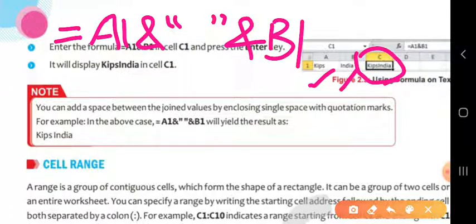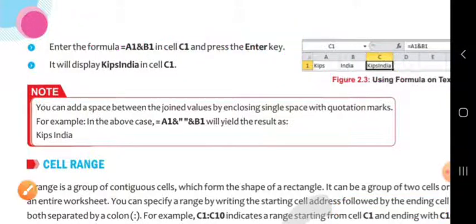So in this manner you can put one space between cell A1 and B1. So this is the way you can use this formula on text. There is one note also: you can add a space, as I had told you.